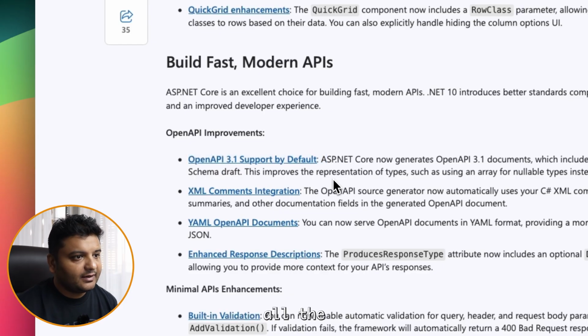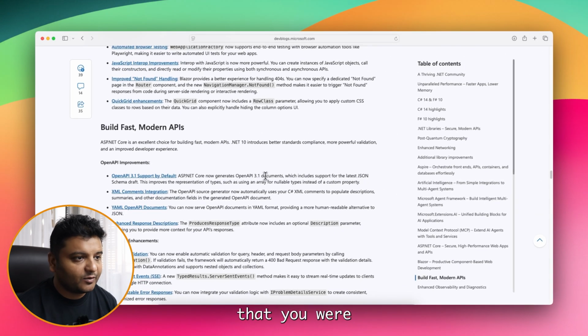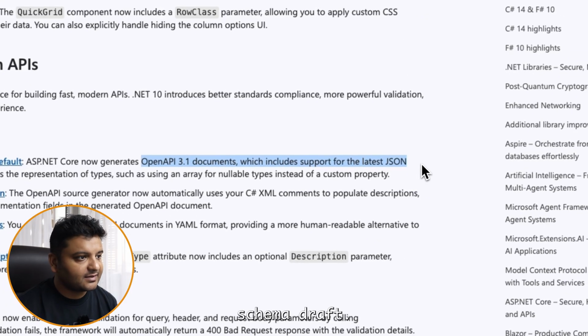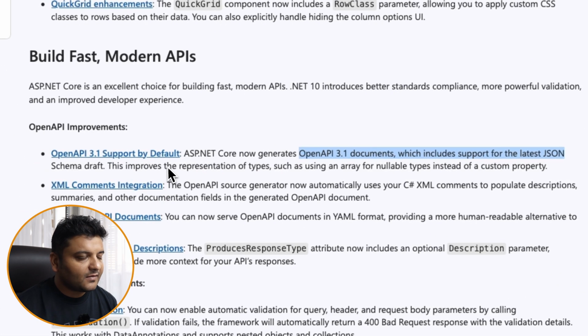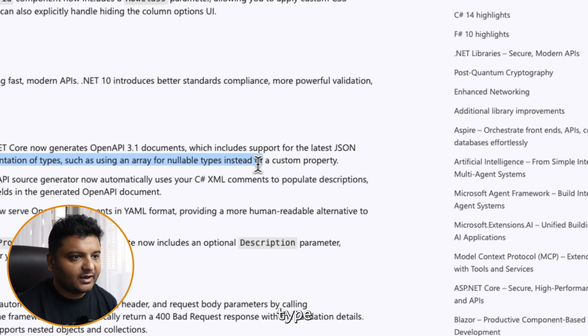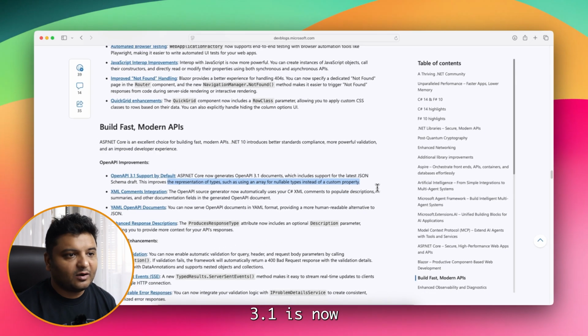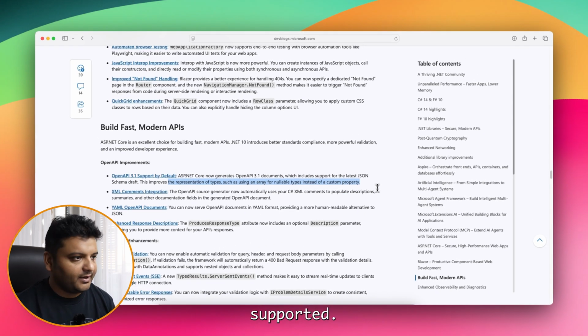So now all the documentation that you were generating, all the APIs that you were writing, they'll be following OpenAPI 3.1 documentation, which includes support for the latest JSON schema draft. This improves the representation of types, such as using an array for nullable types instead of a custom property. So OpenAPI 3.1 is now being supported.